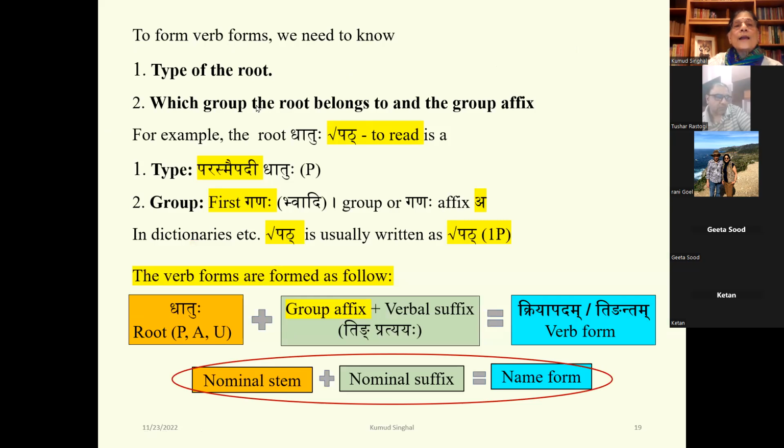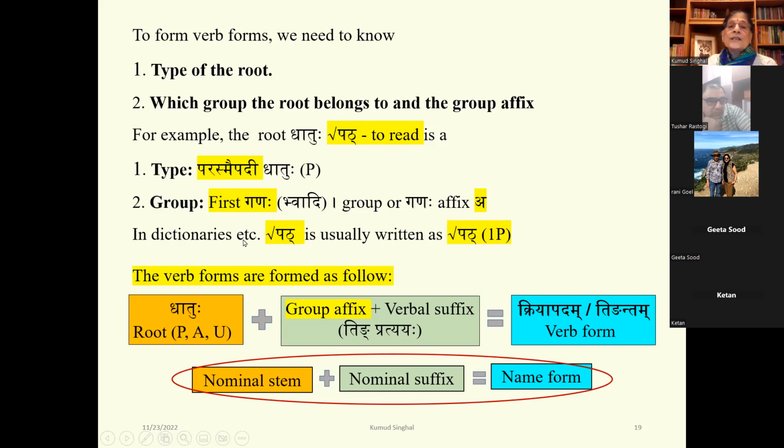So in order to form verb forms, we need to know two things. What type of root it is, whether it is a parasmaipadi dhatu, an atmanepadi, or an ubhayapadi, and which group the root belongs to and the group affix. For example, the dhatu pat, which means to read, is a parasmaipadi dhatu, and it belongs to the first group or the first gana, which is called the bhavadi gana,